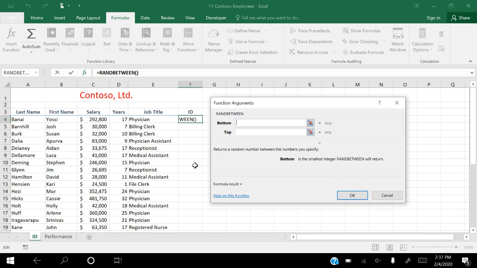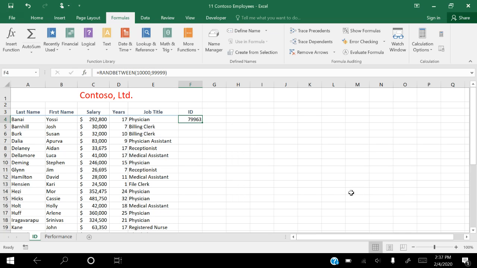In the Function Arguments dialog box, in the bottom box, type 10,000. And in the top box, type 999,000. Click OK. As one of your first steps in information security, employees are usually assigned an employee ID number